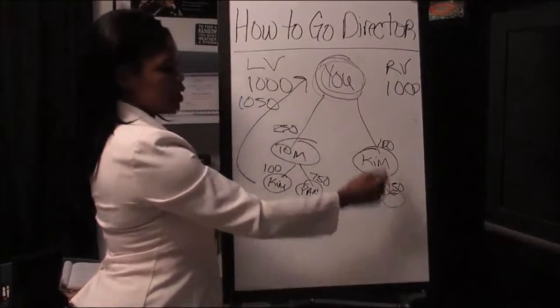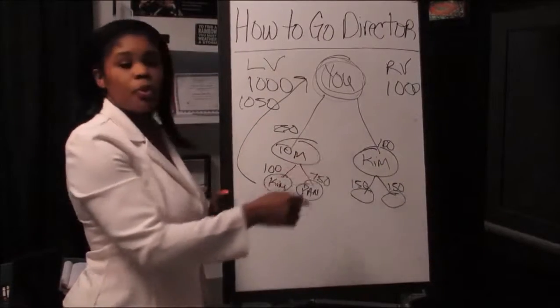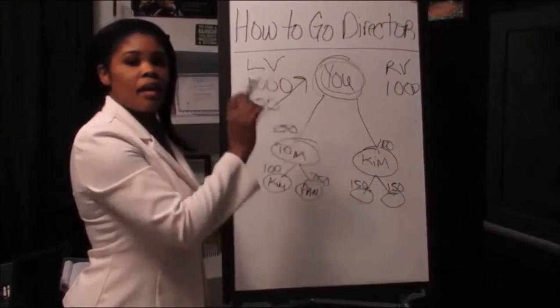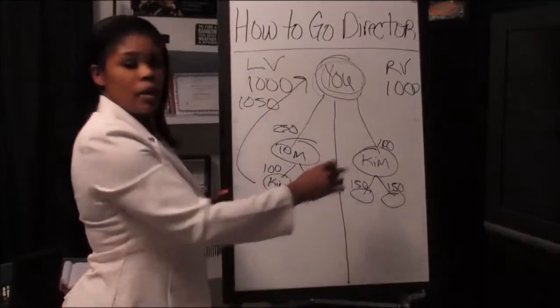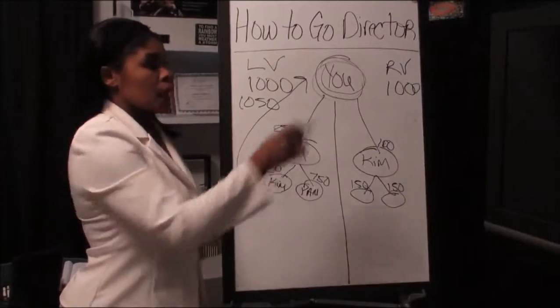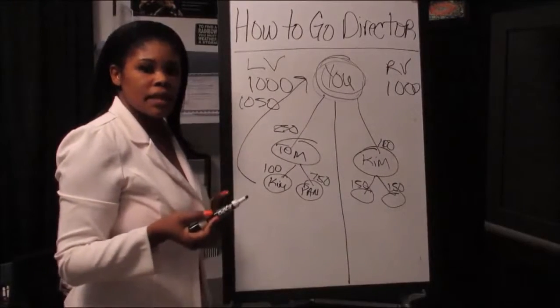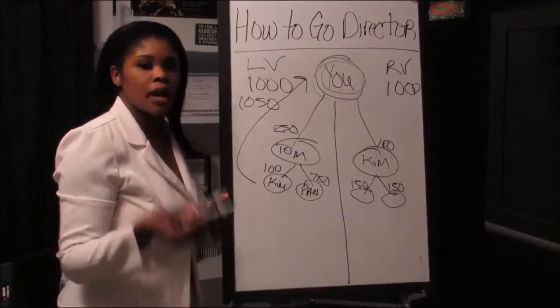So now you have 400 points on your right volume, on your right leg. So that's on that side. Now, what happens a lot of times is, it depends on who you enroll under, but a lot of times